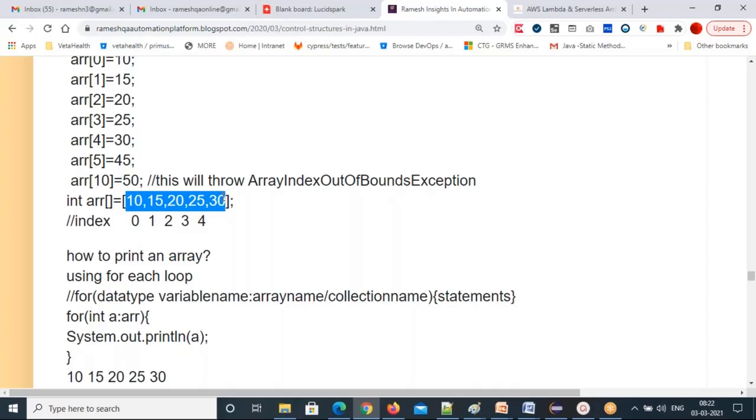Suppose you get this from web pages. You are trying to get a group of elements, but you didn't get the values. Somehow your WebDriver missed fetching the values into the array, and it is empty now. But you are using those elements in the next line. In such cases you will get array index out of bounds exception.